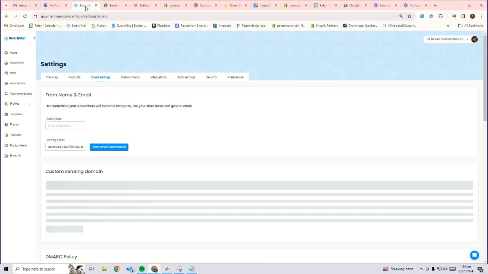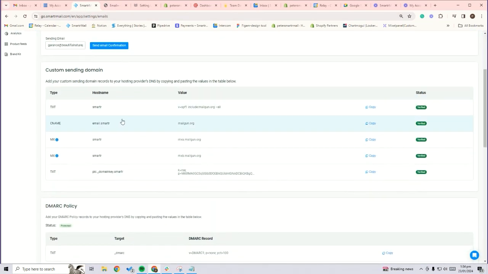If you haven't already, please click this now and follow any steps. After that's complete, you'll refresh the page and you'll see a list of records. This includes 2 text records, 2 MX, and 1 CNAME. Ultimately, what we're trying to do is add these records to our DNS host. On your side, they'll show as unverified, but don't worry, we're going to walk through the steps to get you